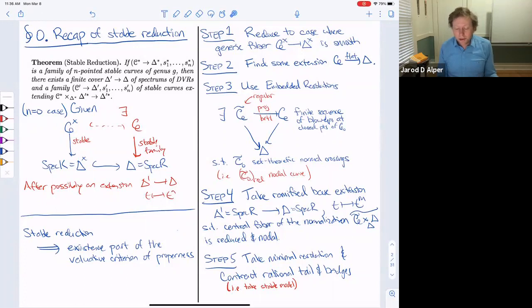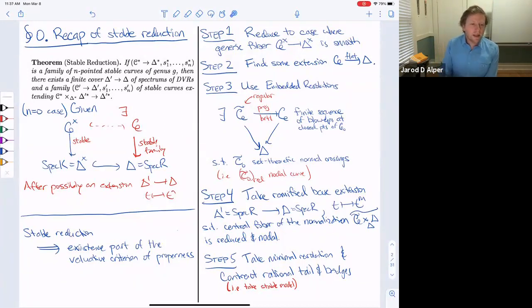And then you're in the situation of a family of nodal curves, like a semistable family or a pre-stable family of curves, and then you can contract the rational tails and bridges. That is, you take the corresponding stable model. And we showed more or less that this works in characteristic 0. Right, but somehow the method to prove it doesn't always work. Sometimes there are some additional